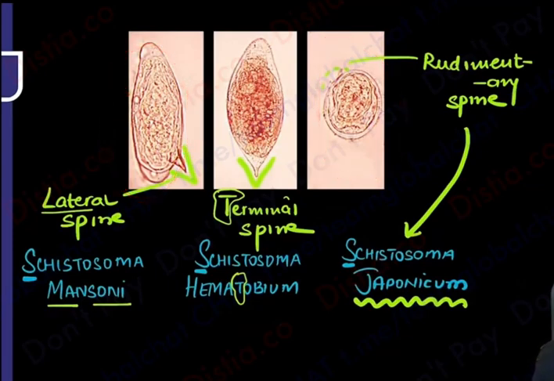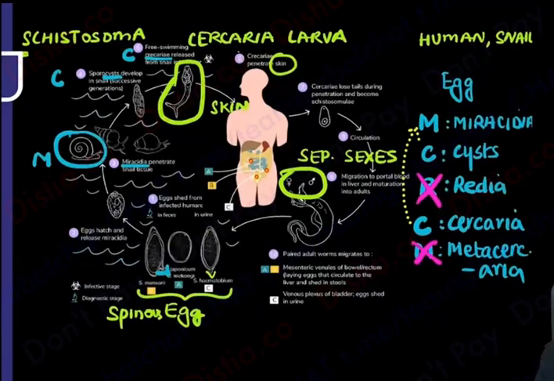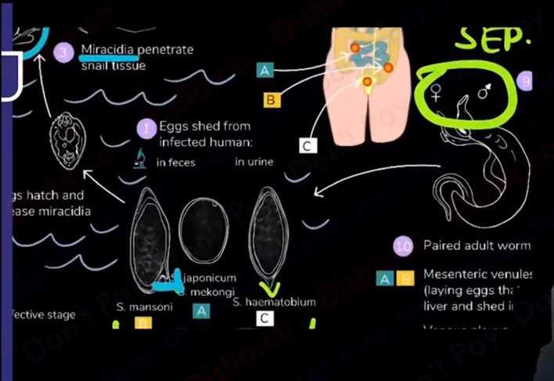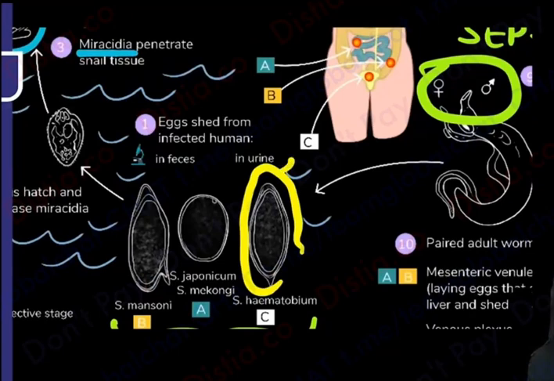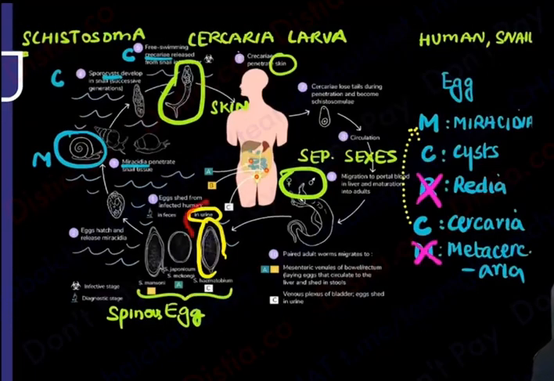Now if I give you that life cycle one more time, and the examiner only gives this egg in the exam and says this is the egg that has come out in the urine, you will say, oh, this has a terminal spine and urinary bladder, there will be hematuria, this must be haematobium. So he can not only give you this life cycle, depending on the egg, he can ask you which schistosoma you are dealing with. Let's move further. Treatment I'll take for